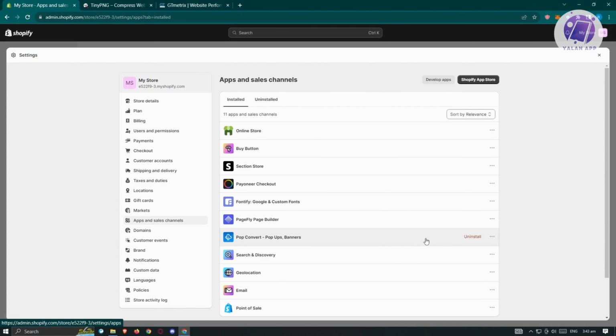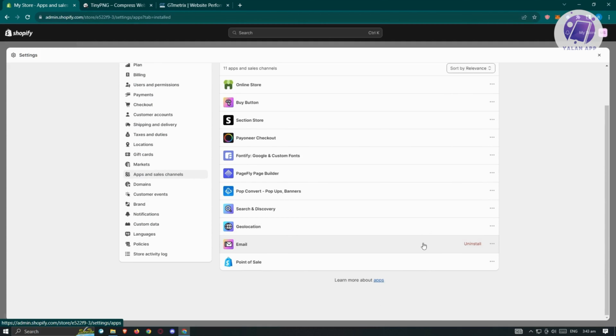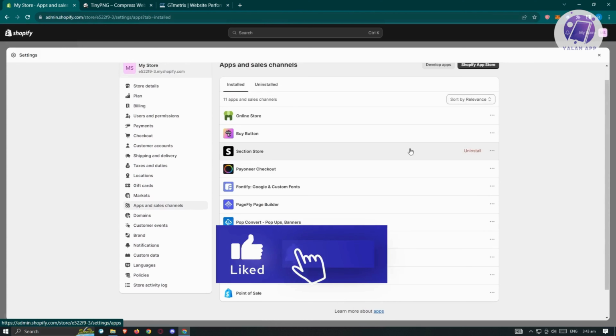Installing applications that you aren't frequently using might actually lead to slowing the speed or the load up of your shop or your website. So it is recommended to uninstall any of the applications that you are not currently using. In this case, locate the application and click on uninstall to remove it